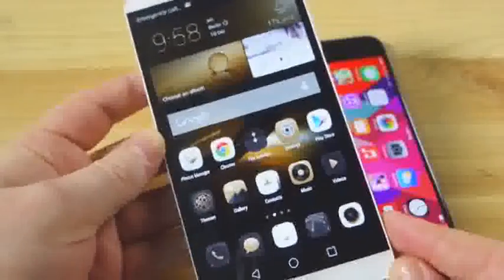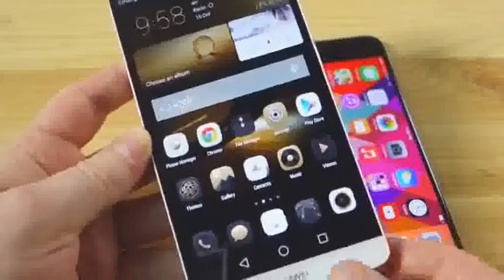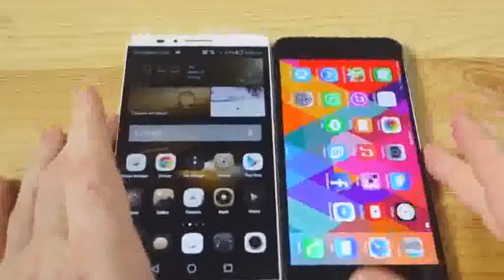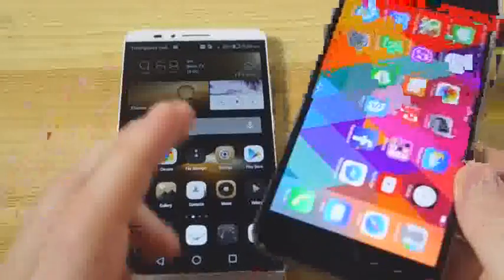So that's the first thing that strikes me straight away, is that Huawei, as they mentioned on launch, actually, they were very proud of the fact that they're getting a great screen-to-body ratio. So you're getting a lot of screen within a relatively tight area. So, i.e., the bezels are very thin around the edge and also along the bottom here. Compared to Apple, certainly these are pretty thin bezels. Okay, now